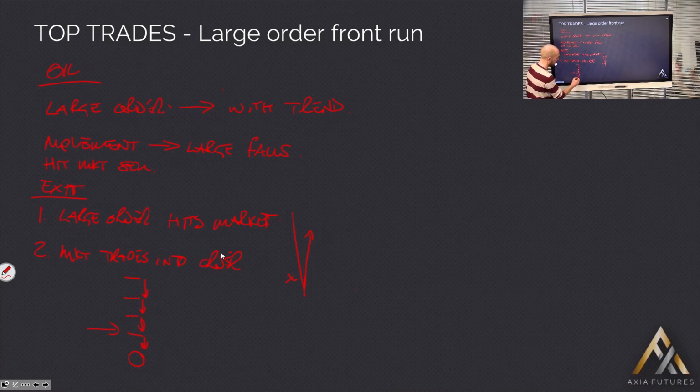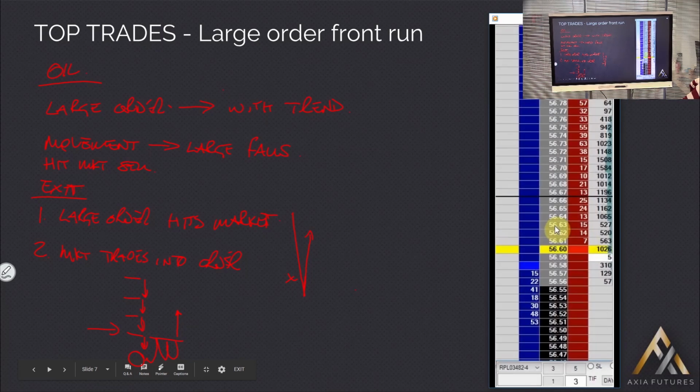And this is another thing you can look for. If you get buying below the large order, so it's willing then to buy it, trade into the large order, eventually the large order diminishes and the market then moves higher. So you can actually end up getting in, or even out, before that large order gets filled and into a long position. So let's go and have a look at